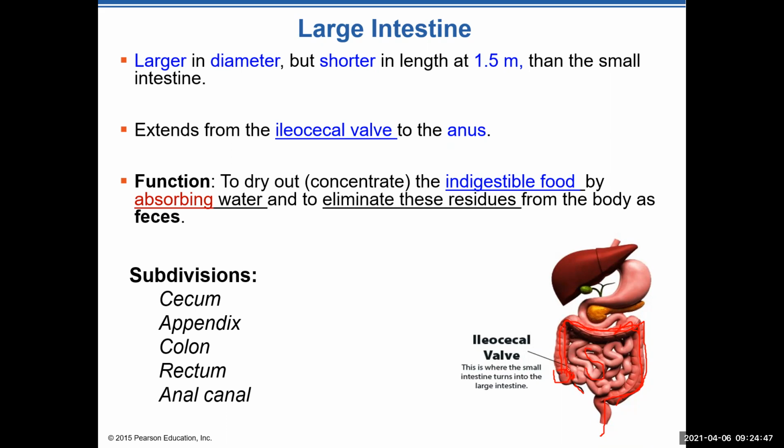If the fecal matter, the waste products, stays for a very long time in the large intestines, then it can become more and more dried out, right? Because the water absorption will continuously happen. The electrolytes, like sodium chloride, will also be absorbed here, right? And then we have